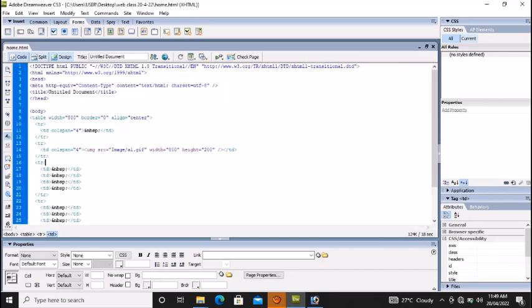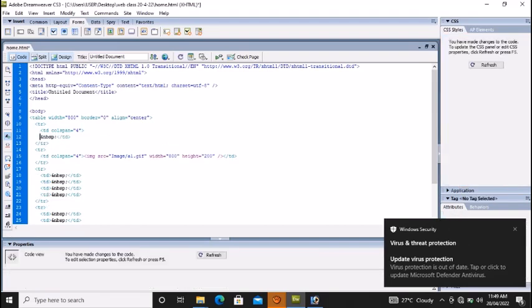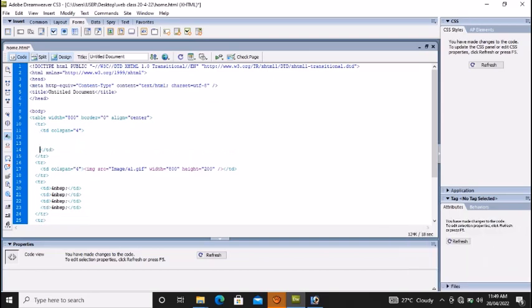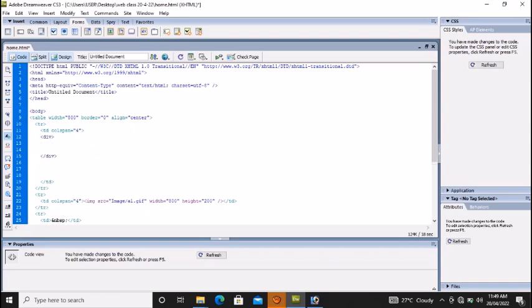So for me to type the menu, I have to move this one down. I can delete this. This is for space. So this is where I can type my menu button. How do I type my menu button? I'll first of all put my div. Type my div, I'll put it like this, then I'll put slash. Then from here, I can put my div like this. Then in this place, I can type